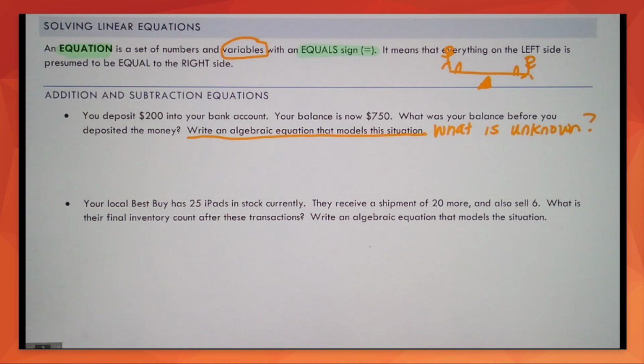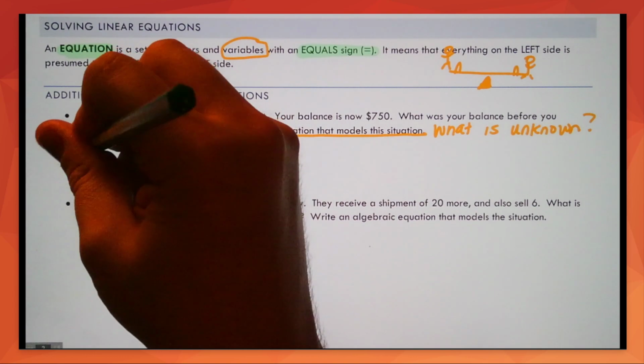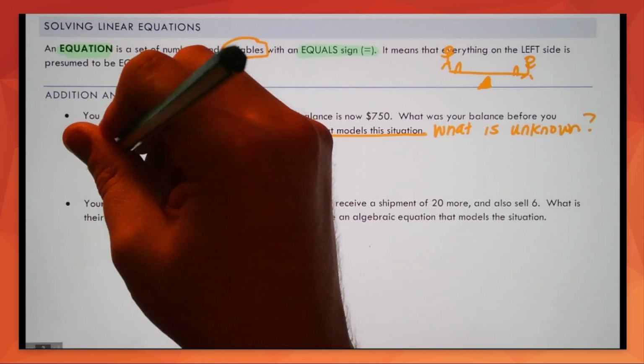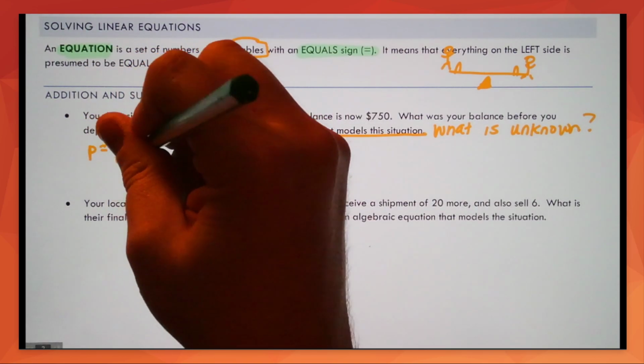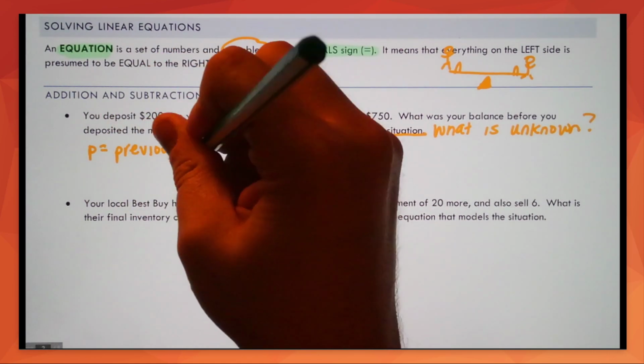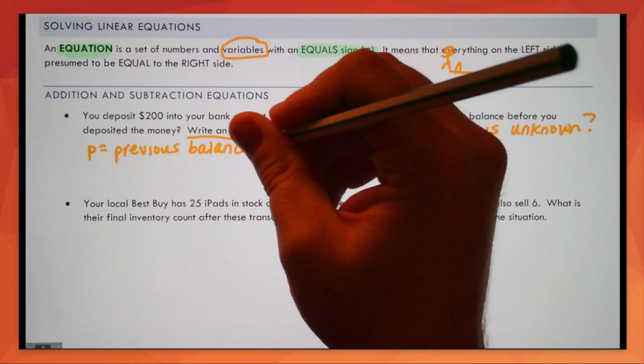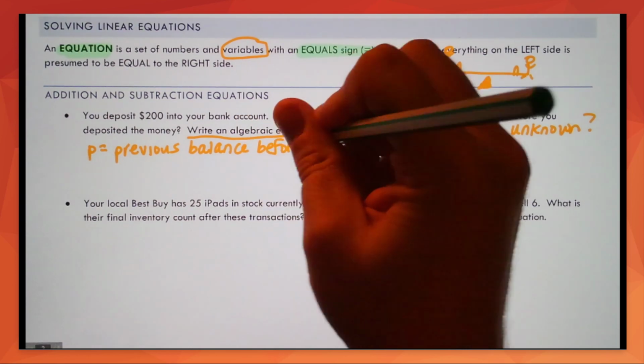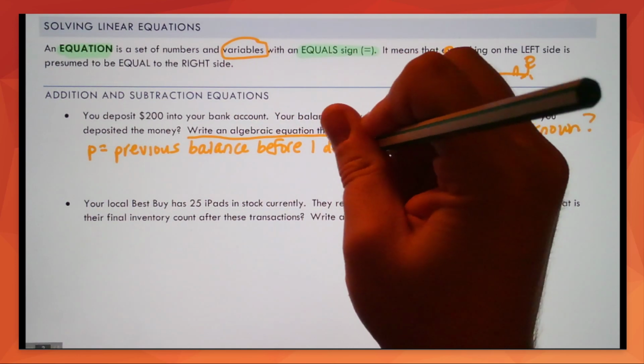I'm going to use P. I think P makes the most sense because I'm looking for the prior balance. So let's define our variable. We're going to say our variable is P, and it stands for the previous balance. And it's the balance before I deposit